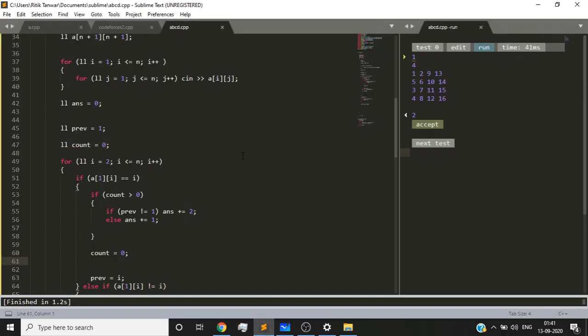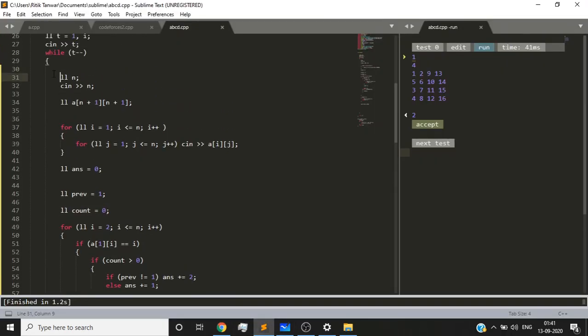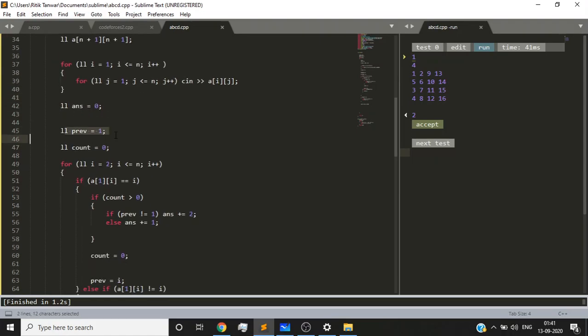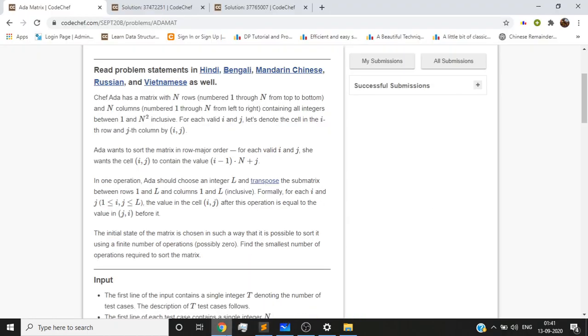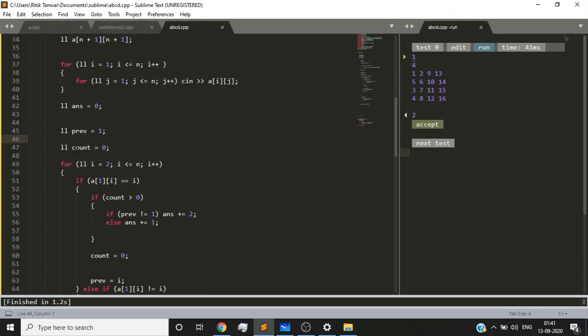Now I'll take you through my code. I'm taking the input, then creating a matrix to take all the elements here. This previous variable tells me the index of the previous correct element, and count is the variable that I used to track the number of contiguous wrong elements.